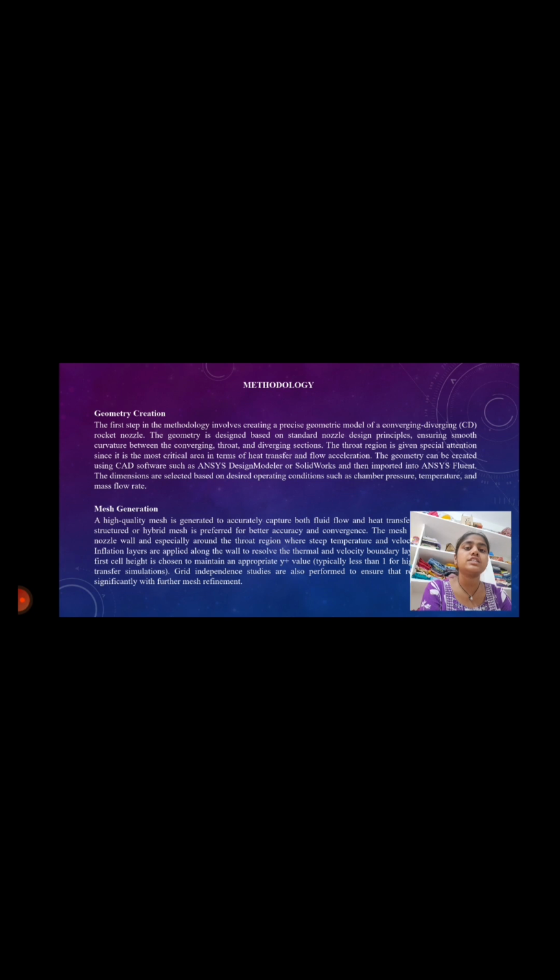The first step in the methodology involves creating a precise geometric model of a converging-diverging (CD) rocket nozzle. The geometry is designed based on standard nozzle design principles, ensuring smooth curvature between the converging, throat, and diverging sections. The throat region is given special attention since it is the most critical area in terms of heat transfer and